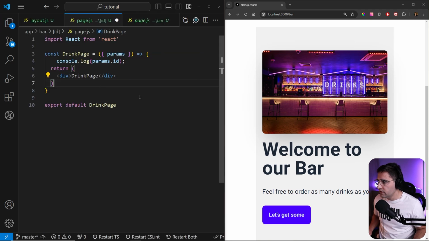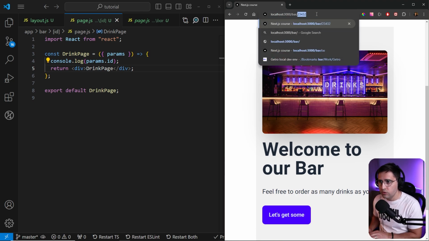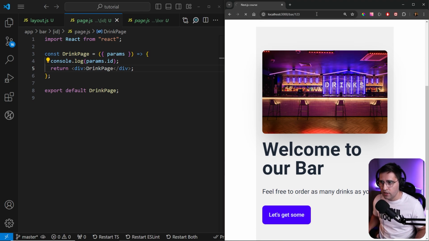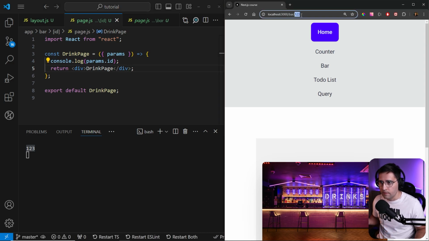And now if we save this and we navigate in our application, we can add new dynamic routes. So we can use some number. Let's use 1, 2, 3. And if we navigate to this route, and if we open up our console, we should get this parameter because we are logging here on the server. So let's say that we want to add a different number, 555. We get this on the console